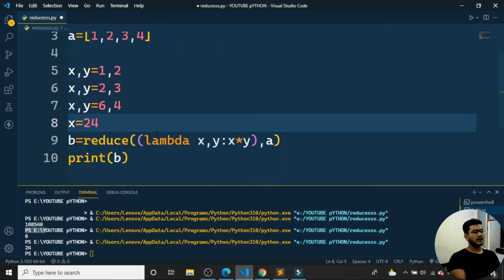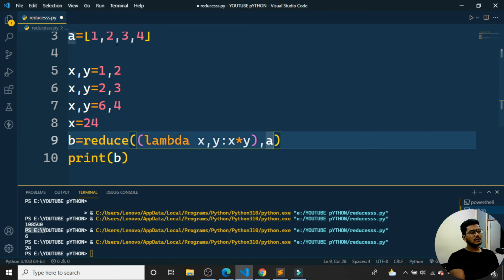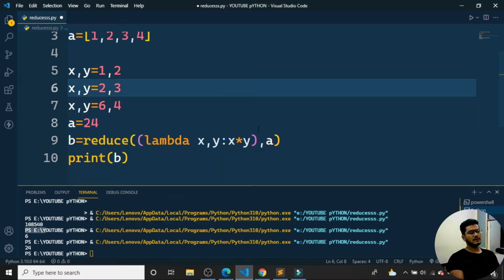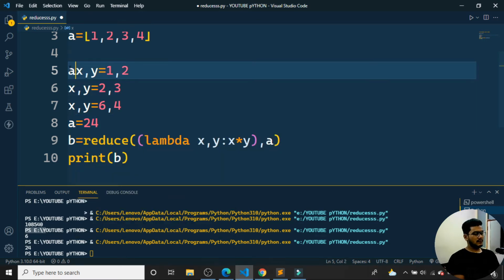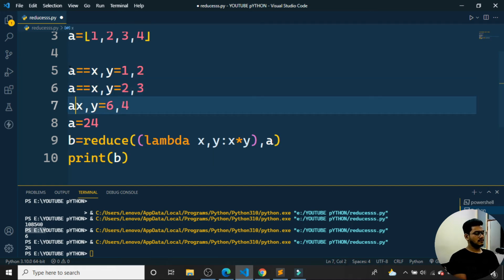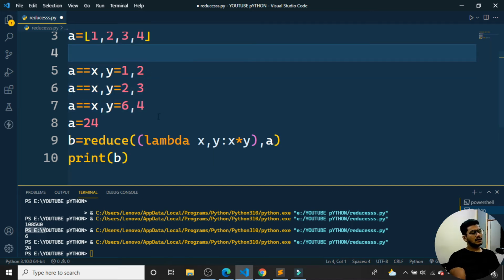24 it will be there. Okay, so it will iterate everything and store it into a variable a. When all the things get over, at the last the value will be a, right? So all the results I am storing into a here. So a will be stored over here, and here also a will be stored. Everything, all the values will get stored into the variable a.